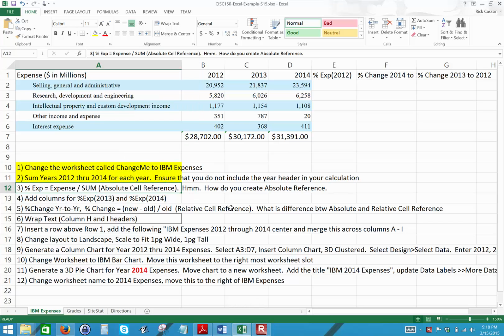So let's pick back up and finish the IBM expenses worksheet, and let's complete steps 3 through 12. On this next step, what we want to do is get the percent expenses. This is going to be the expense divided by the sum, and you'll notice here I wrote absolute cell